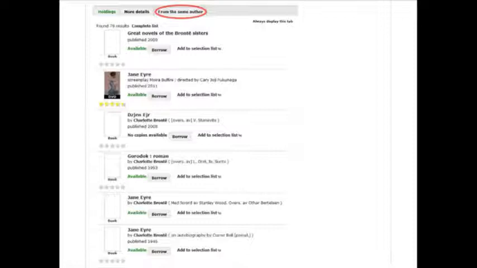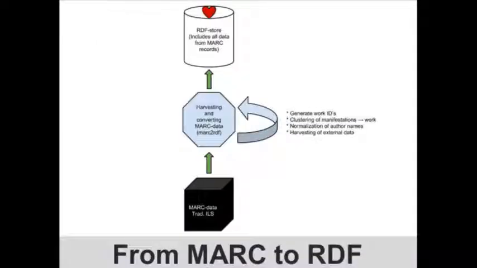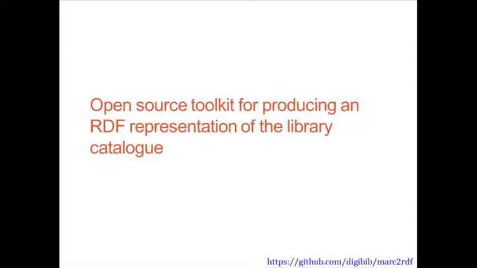So in order to do something about that, we have to add that common sense to our library data. And there's no room for that in the MARC format, so we have converted our data to RDF. We do that by the use of a toolkit called MARC2RDF. MARC2RDF is an open source toolkit which has been developed at Oslo Public Library. If you look at the bottom right corner, you should see a link to our GitHub account. It will be there for a couple of slides. The account's name is digibib. So you can get the code or read the documentation there.